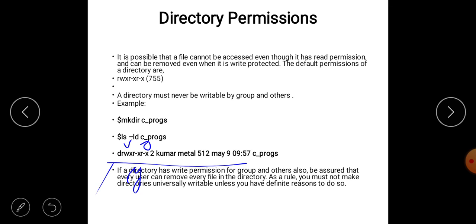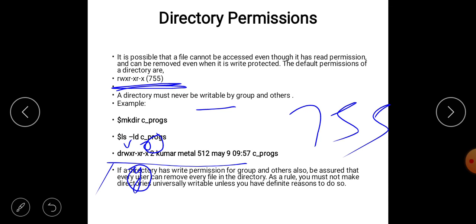Okay, here in the group and in the other the write permission is absent. Keep it in mind whenever you are going to create a directory. Okay, this is the default permission. 755 is the default permission for a newly created directory.